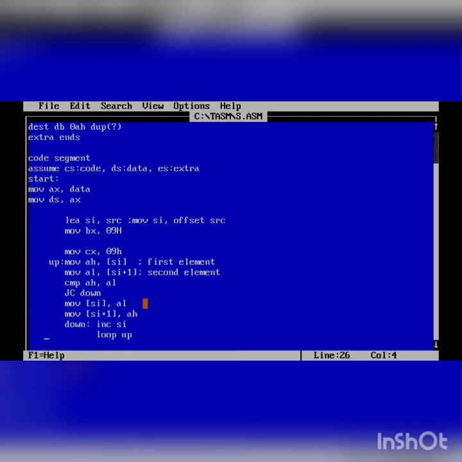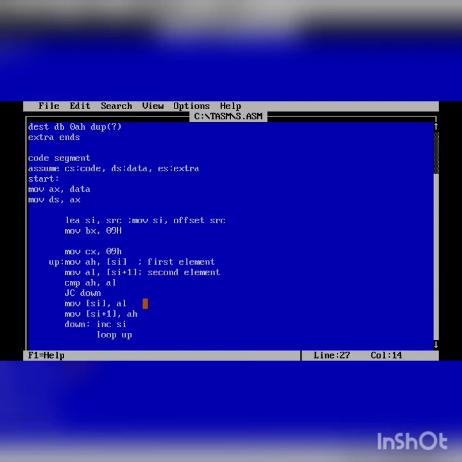So this is how we can perform the first pass. This first pass will get completed up to the time when my CX becomes 0. As soon as my CX becomes 0, my first pass is over, and after the first pass, the largest element will be placed at its location, that is the last location, and we have to start again from our first comparison, so that in the second pass we should start.